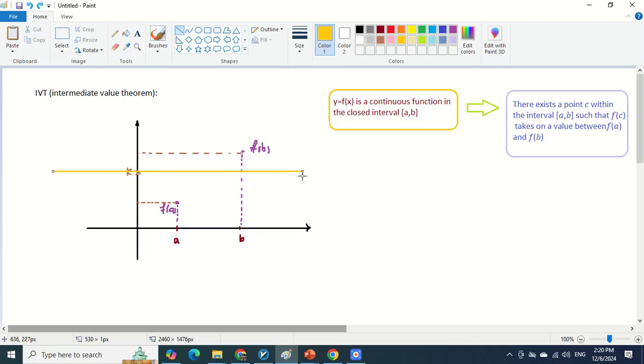This is the point k, and if I sketch any type of continuous function and connect the point f of a to f of b, at the end of the day it should pass through the point k. At this point you can see that the value of the function is given. So this intermediate value theorem is very helpful in the calculation of a zero of a function, or roots of a function. One of the important things in engineering calculations